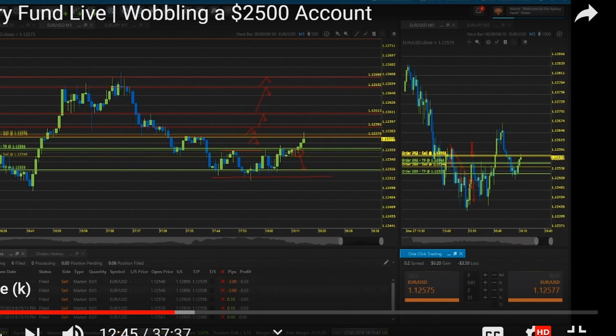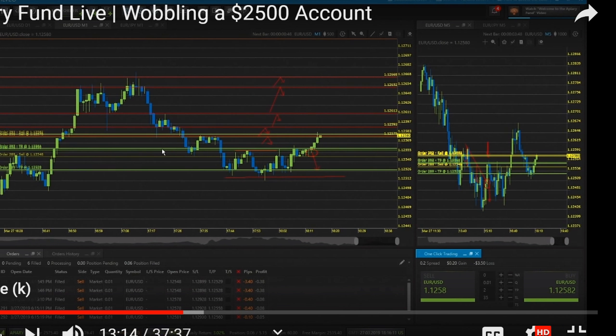Because the key to losing money is to get overexposed to the market, right? So how much am I willing to risk on a trade like this? So, this may be a trade where I'm willing to risk, say, a 1/4%. So it's not a high probability trade. I don't want to risk a lot of money. So I've got a $2,500 account, and I want to risk 1/4% on this trade. So 1/4% is,